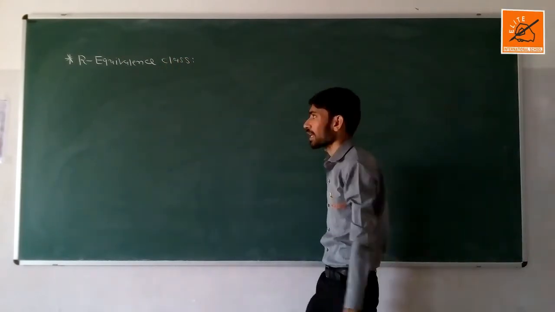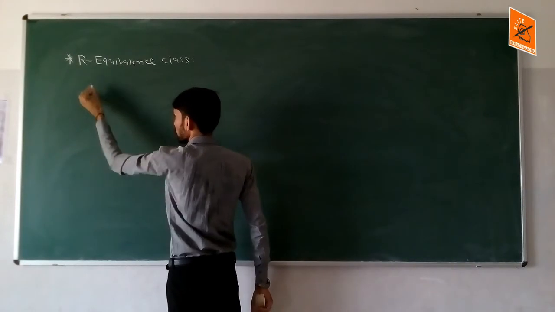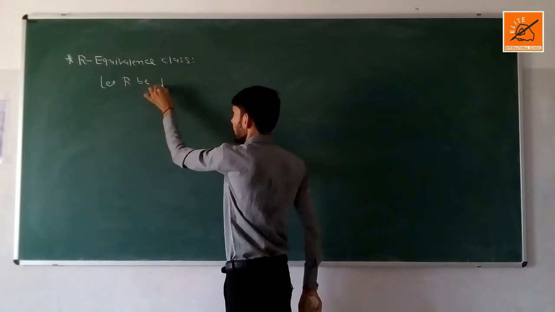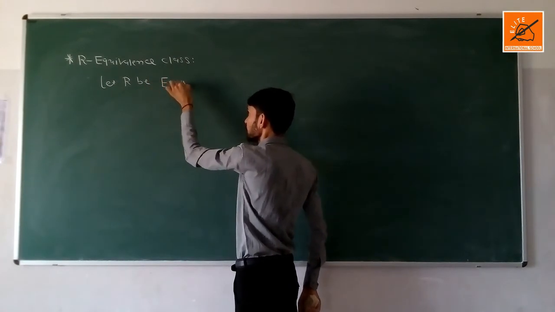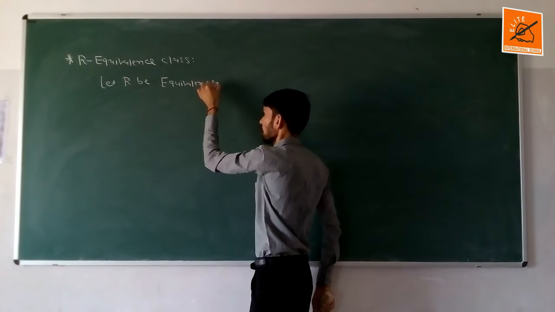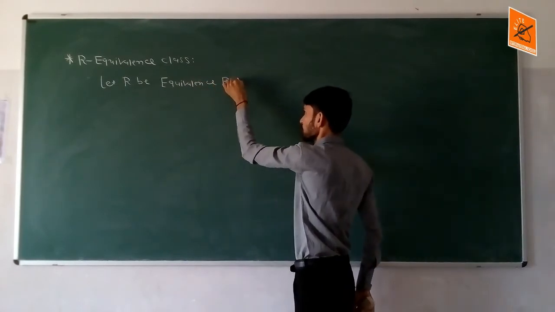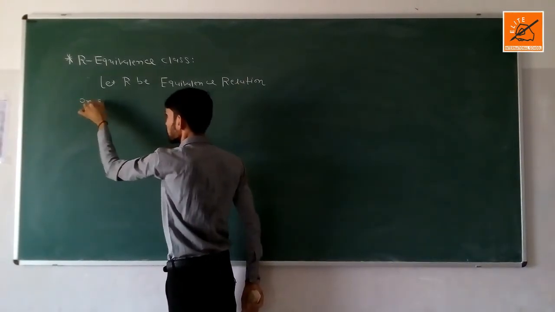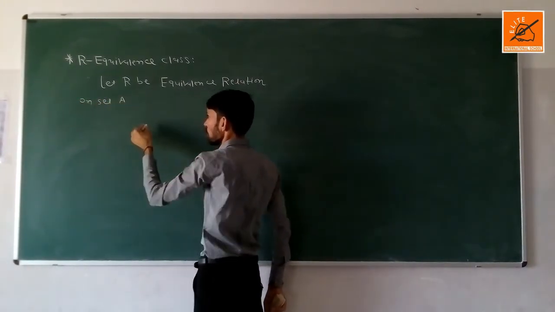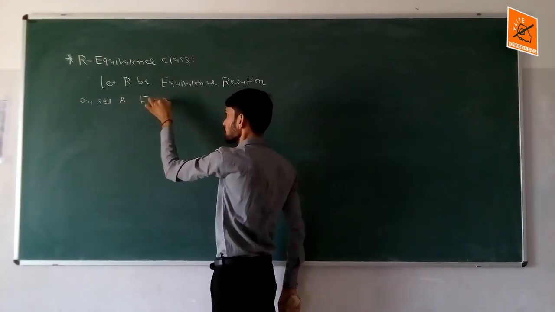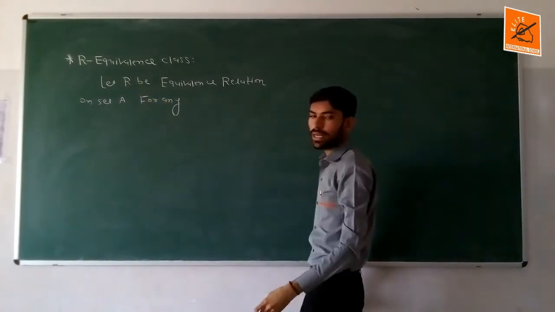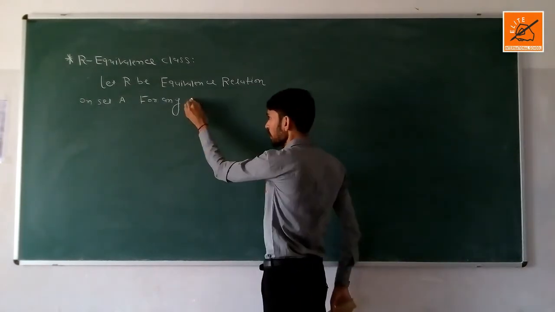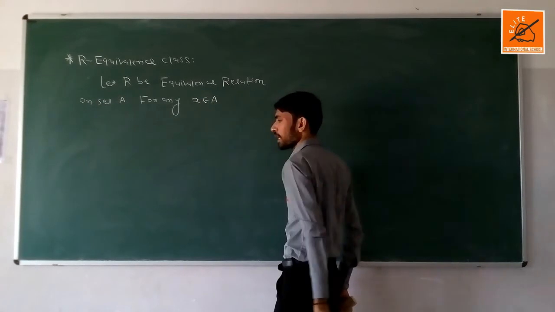R equivalence class. Let R be an equivalence relation on set A. Now we can write the equivalence class of any element of set A. So for any x belongs to A,